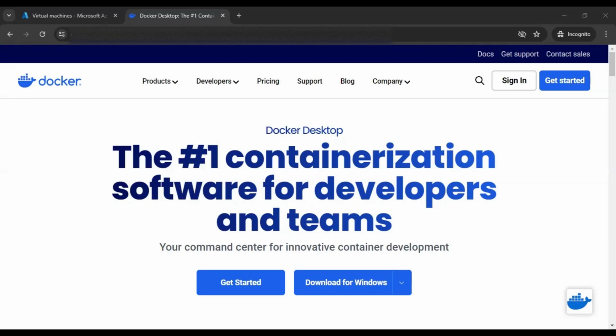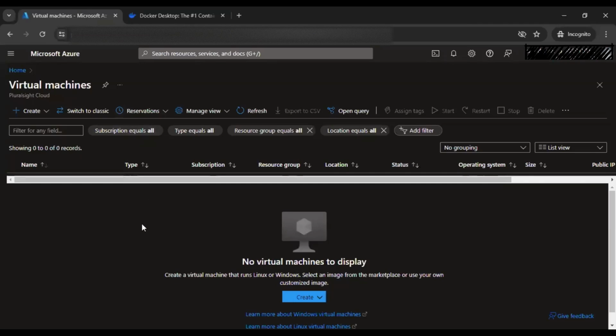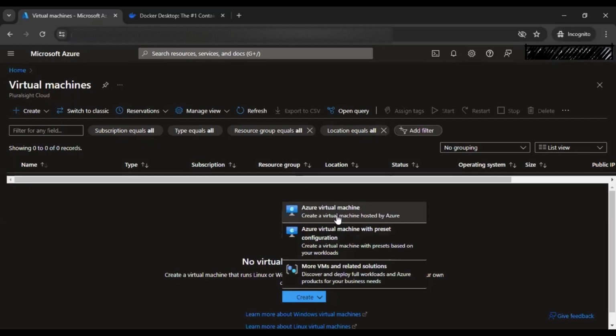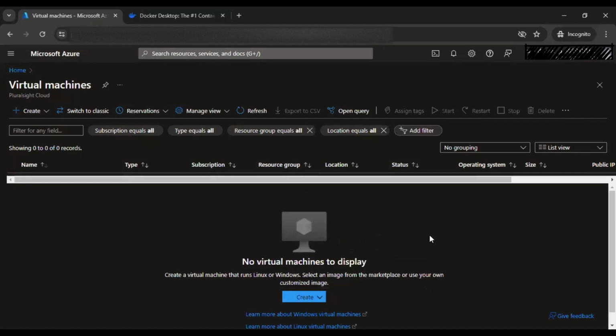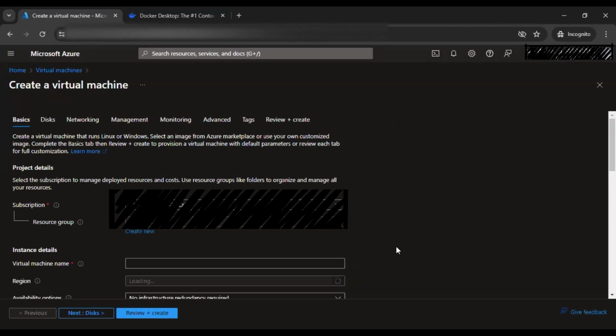And this time we will use Azure from Microsoft to create the virtual machine and we will install the Docker desktop in it. So let's get started. First and foremost, this is the Microsoft Azure Web Console. And in this management console, we're going to create the Azure virtual machine. And definitely we will use Windows to install